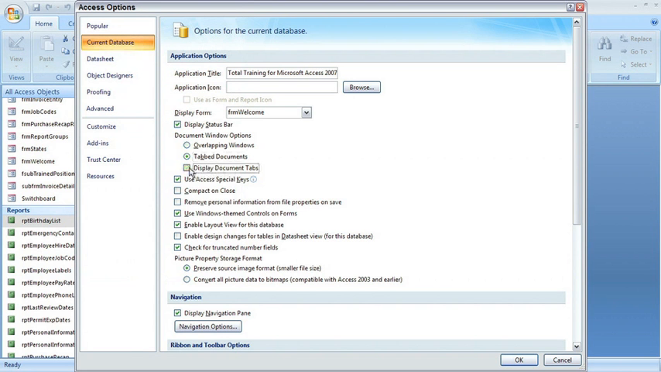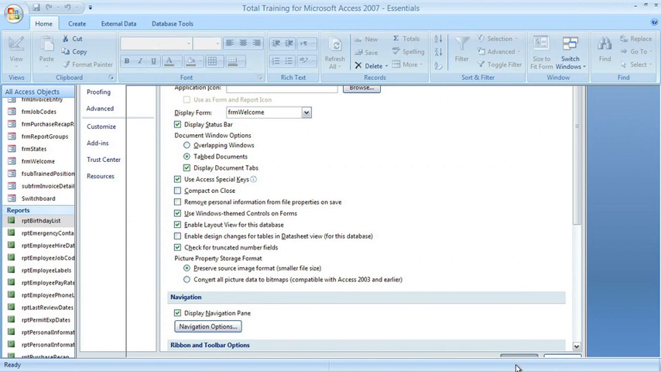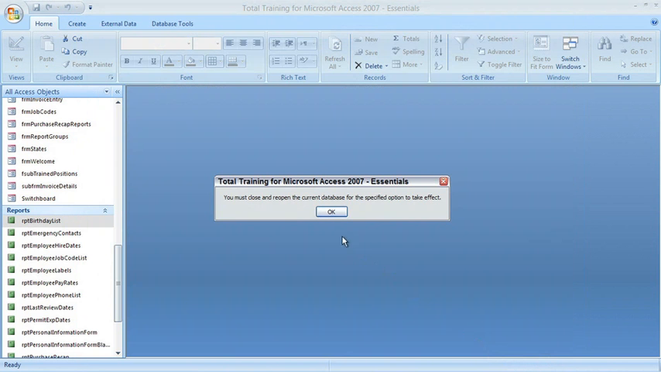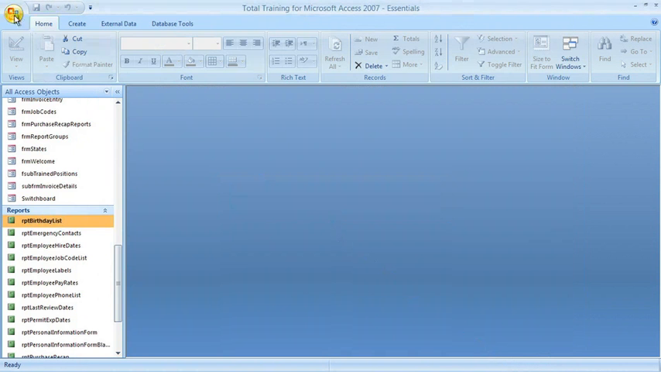If you unselect this option, you'll still be showing tabs, but Access will not show that tab at the very top of the object. I don't particularly like this view because it's not so easy to switch between open objects. So make sure this is still selected. Then click OK, and here again you'll see that Access brings up this message box saying that this change will not take effect until the next time you open the database. Click OK, and let's close it